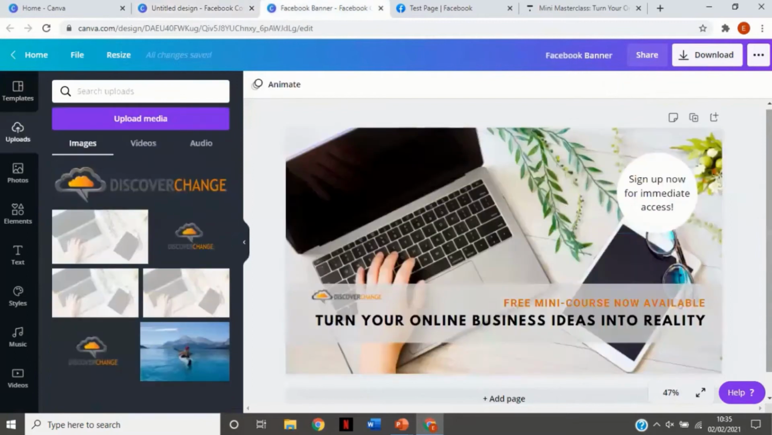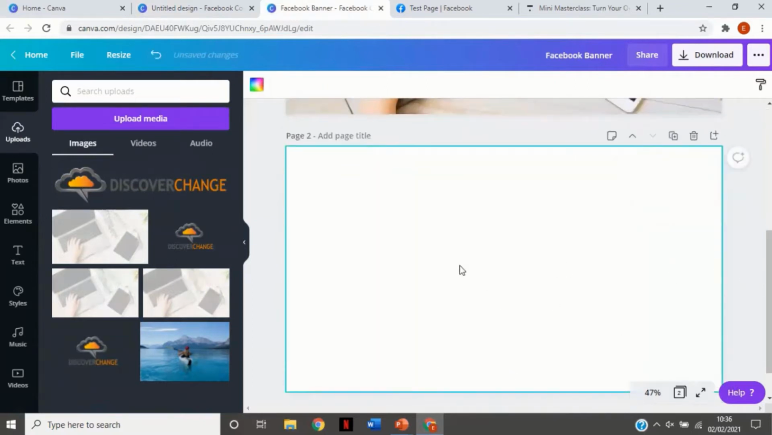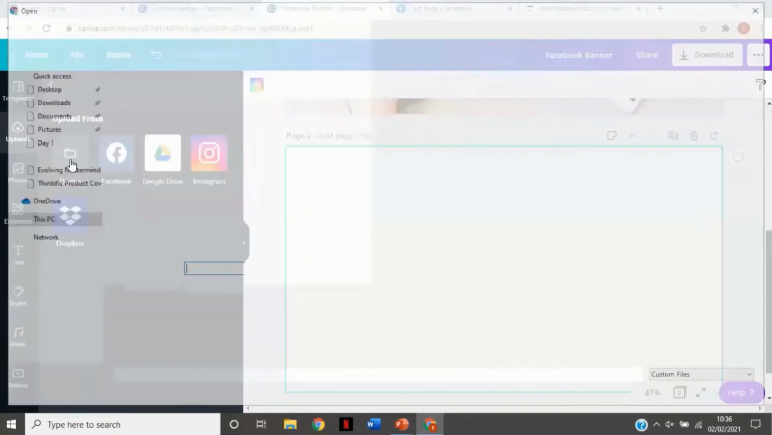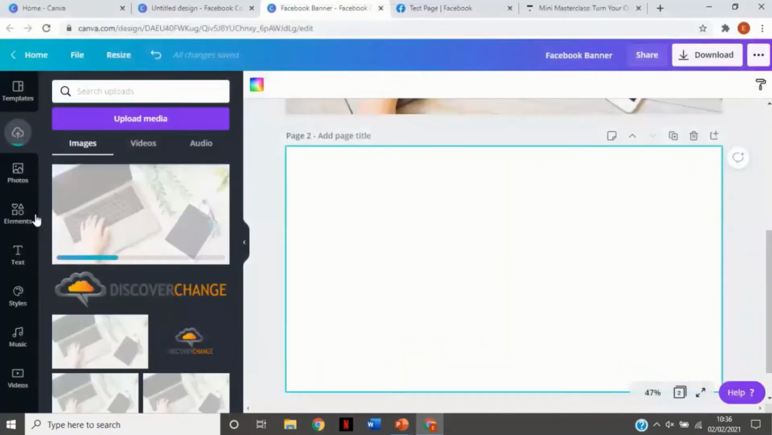What we have done is we have created this banner already, and we're just going to show you now the process of actually creating this, and then we'll go and upload it into your Facebook page. So we're just going to add a new page so we can copy this one, but we're going to make it from scratch now. So you can upload your image. If you've already uploaded images, they'll all be stored in this bank, or you can simply upload media, choose from where you want to upload it from, as it's going to be from our device, select your image,